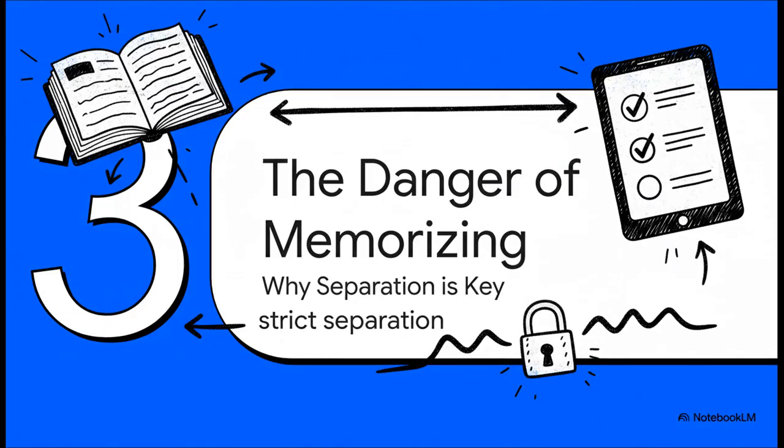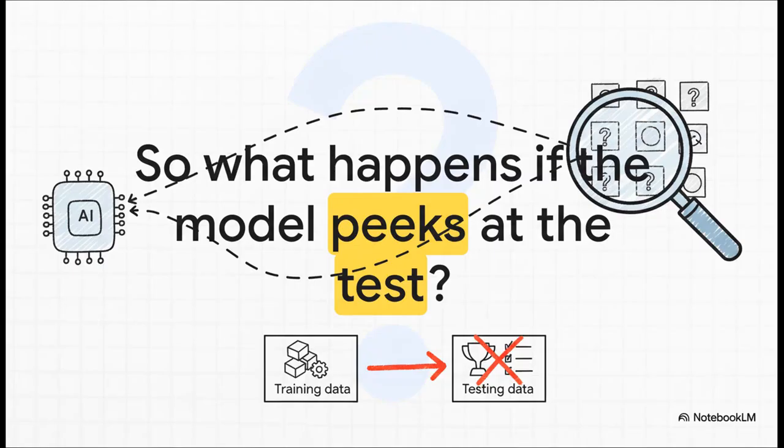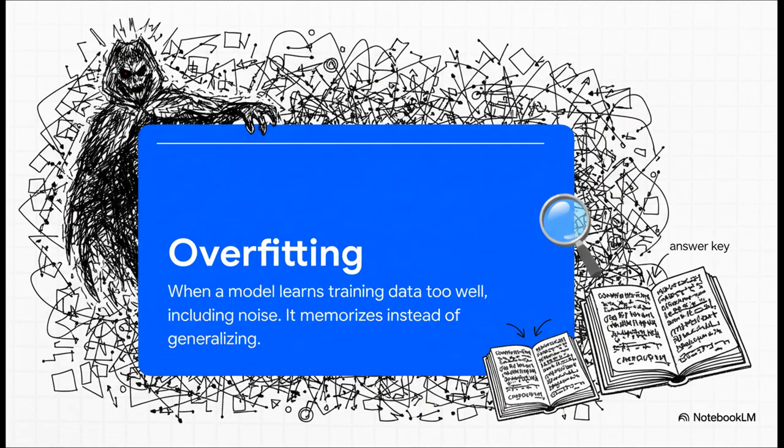And this super strict separation, this wall between the textbook and the exam, it's probably the single most important rule in this whole process. So, what happens if we break that rule? It's a simple question, right? But the answer is the entire reason we do this. What actually happens if the lines get blurry? What if the AI gets a little sneak peek at the questions that are going to be on the final exam? Well, what happens is a huge problem called overfitting.